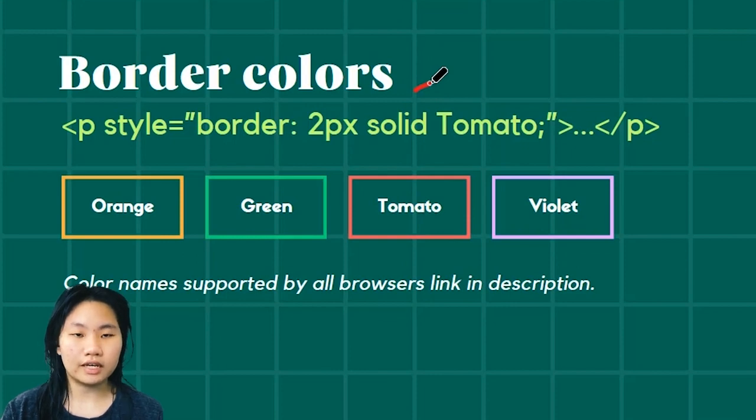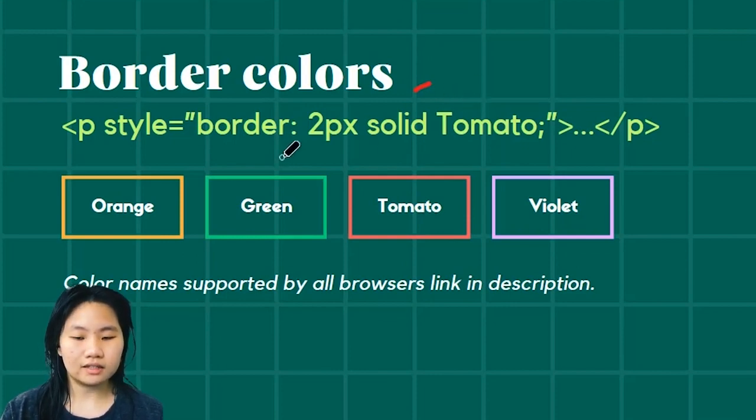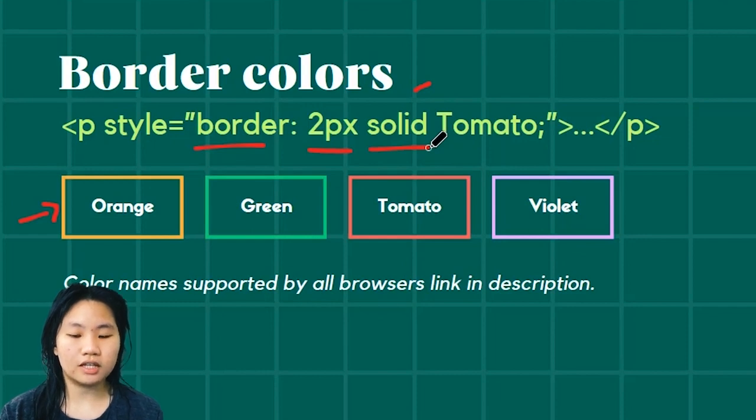It's very self-explanatory. So let's analyze the syntax for a bit. First, we have the property border. We have 2 pixels. This defines how thick you want the lines to be. And then you have solid, which is the style of the line. Other than solid, you have dotted, dash, but for simplicity, we're just going to go with solid, and then you